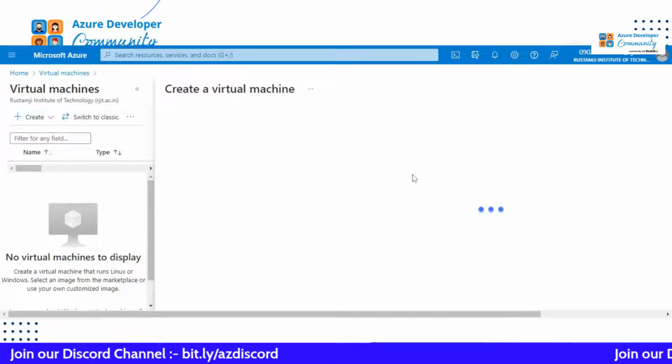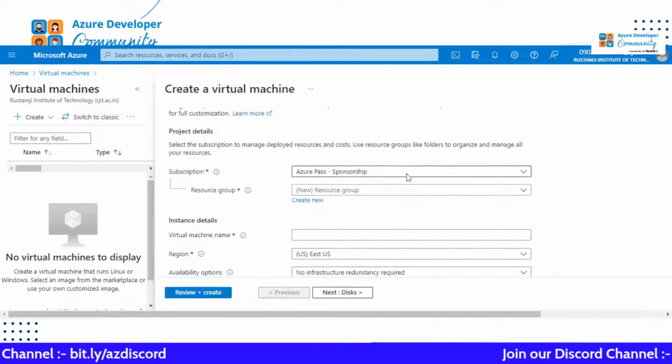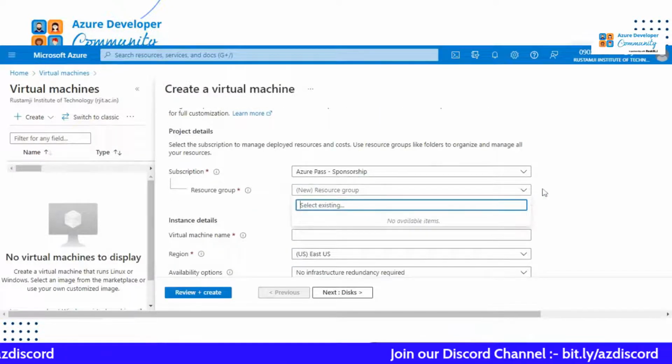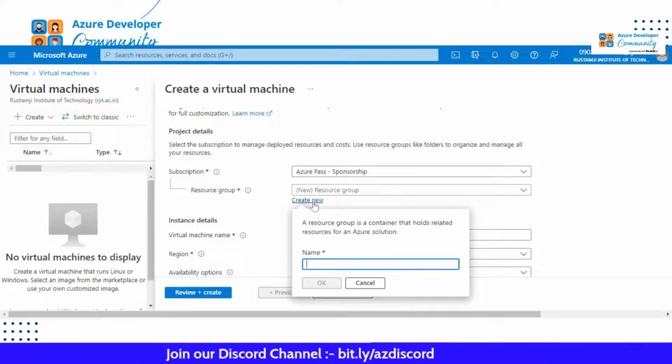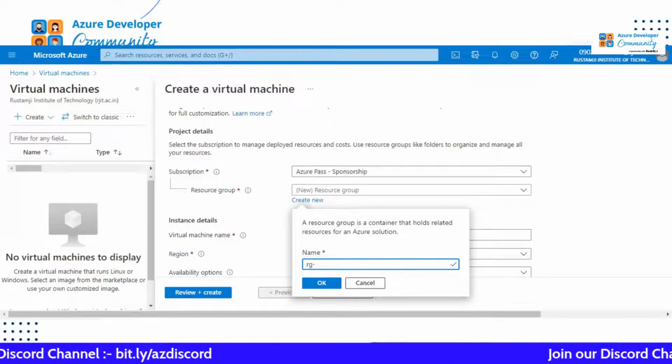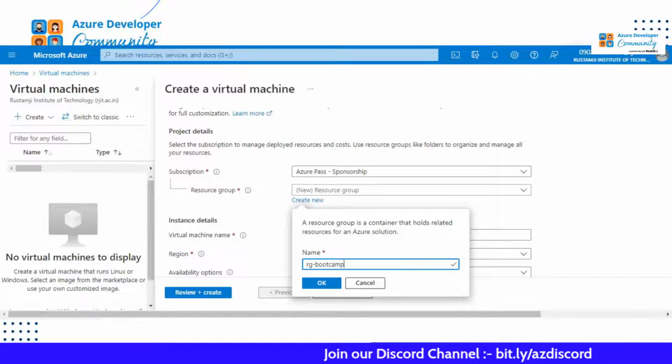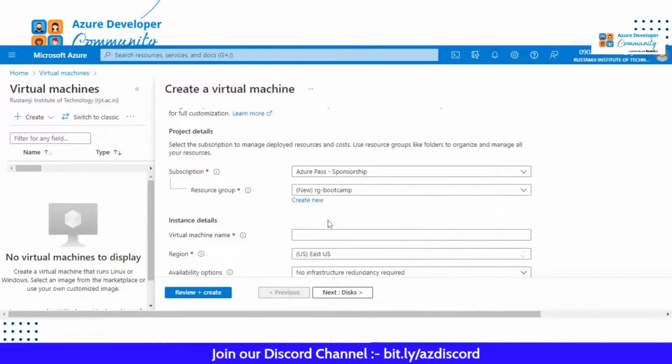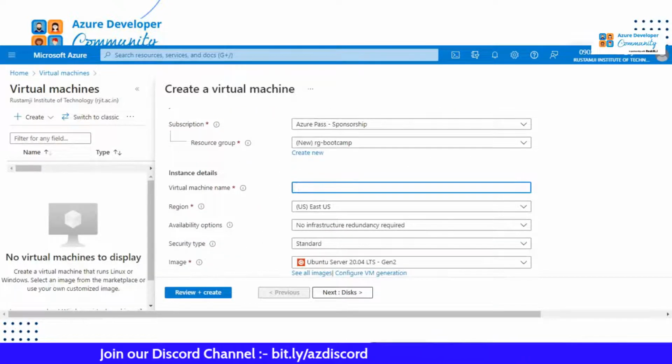So when you're creating a virtual machine, you need a resource group. Resource group, I think in tomorrow's session you'll get to know. So you have to follow the naming convention like RG for resource group, camp. Okay, this is the resource group which I'm creating. So the virtual machine name is,